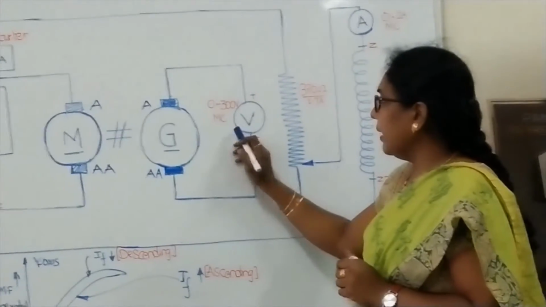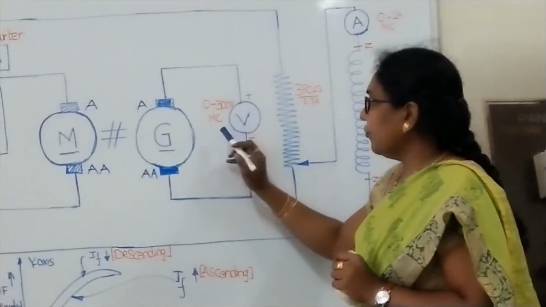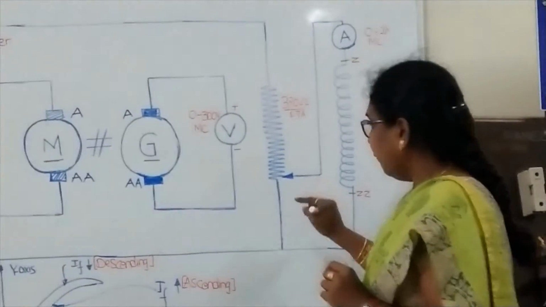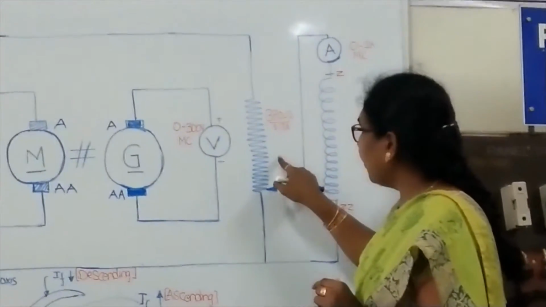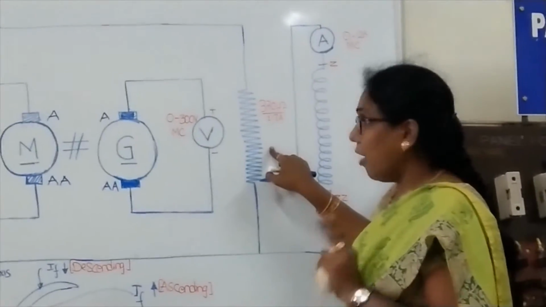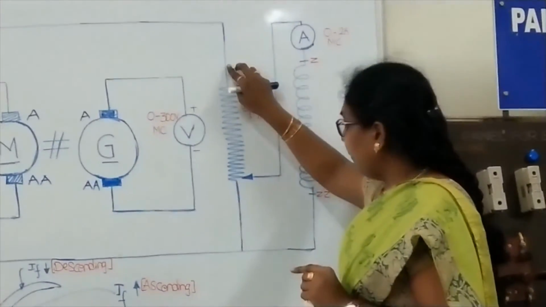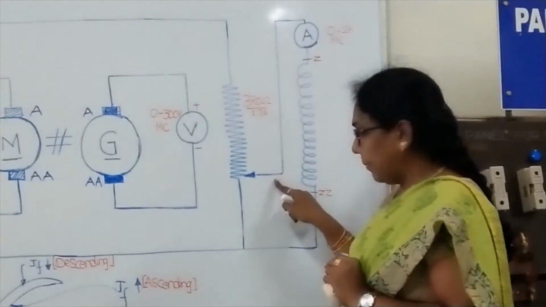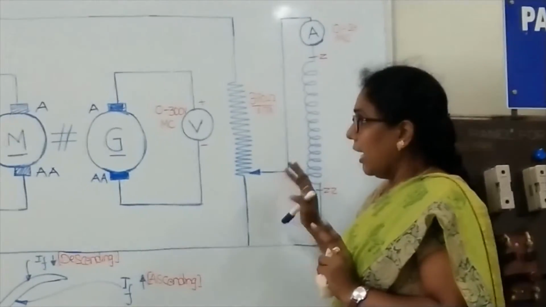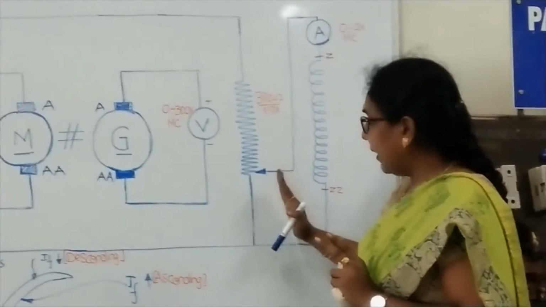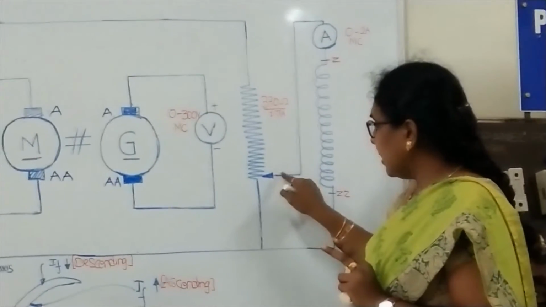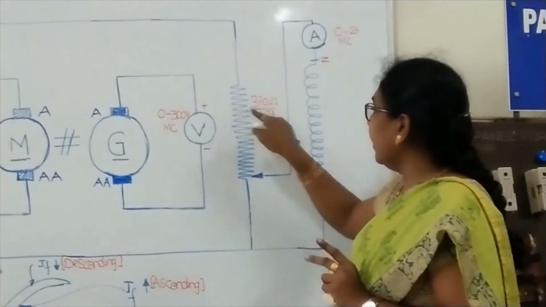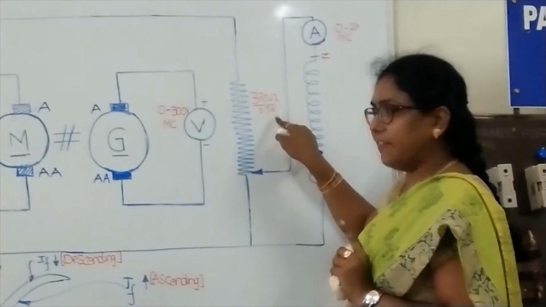Coming to the voltmeter, it is 0 to 300 volts range, MC, where MC means this is a moving coil type. And if you observe, this is a potential divider, where we are using all 3 terminals for the connection: terminal 1, 2 and a variable terminal. 2 fixed terminals and 1 variable terminal. Initially, this potential divider will be kept in the minimum voltage position, meaning the variable point should be at this point. The rating of this one is 370 ohms, 1.7 amperes.